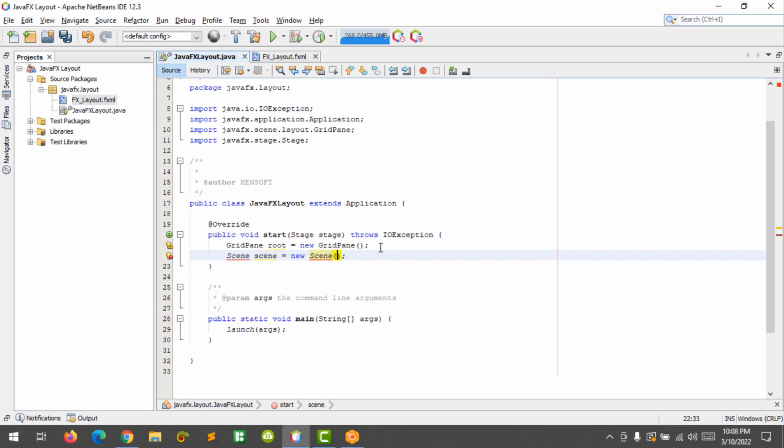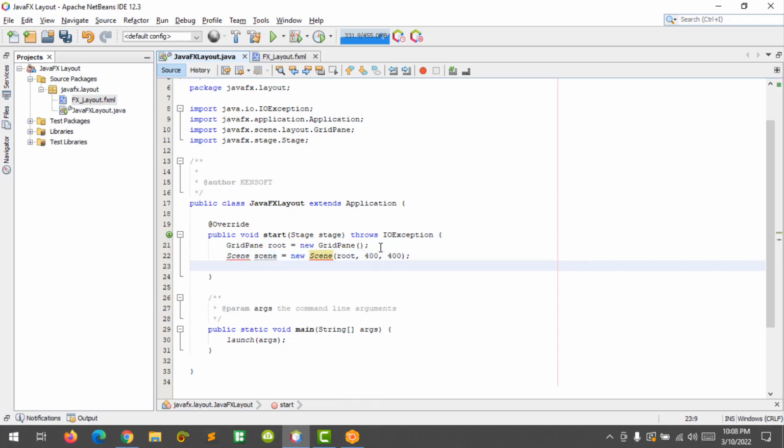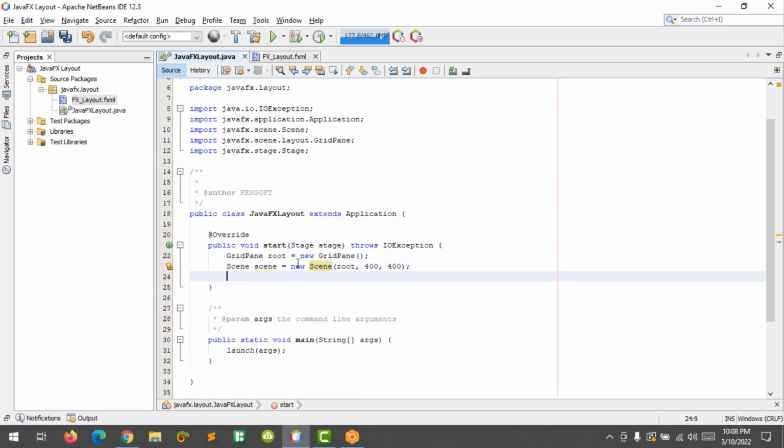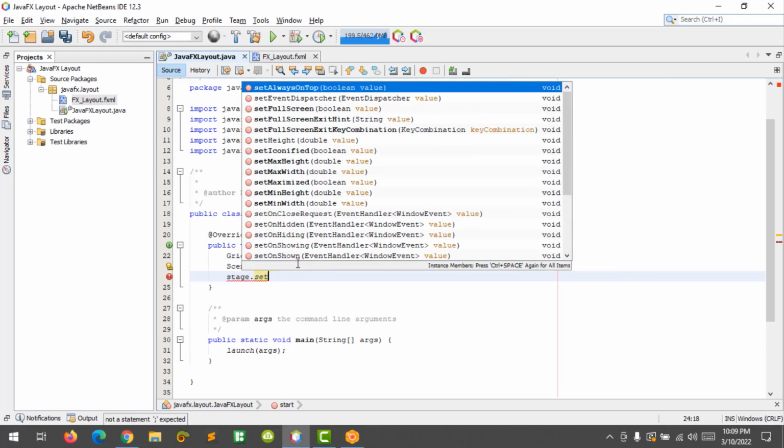Let's pass in the root variable here and declare the scene size. And let's import the Scene package. All right. So let's set the scene to our stage. Stage.setScene,